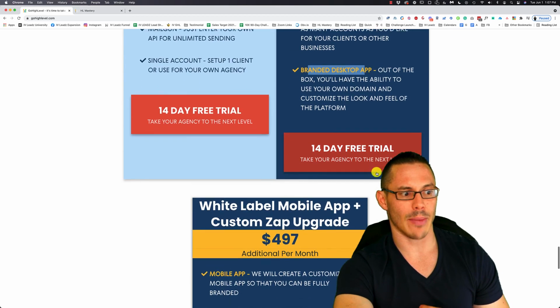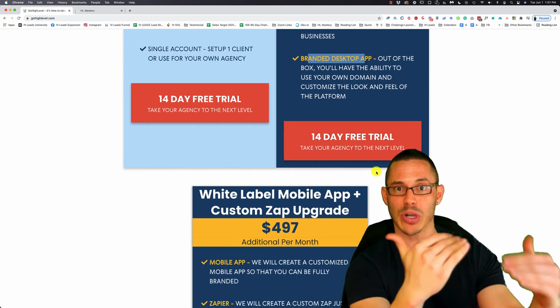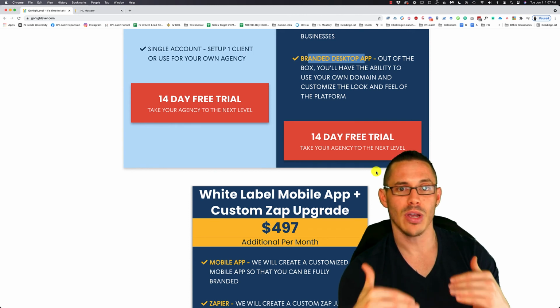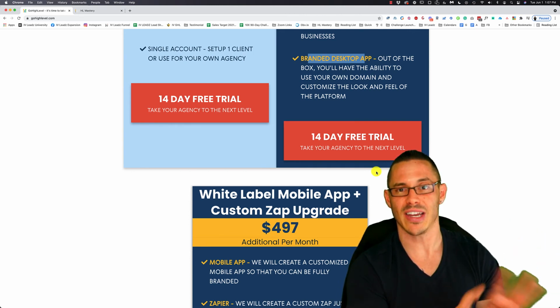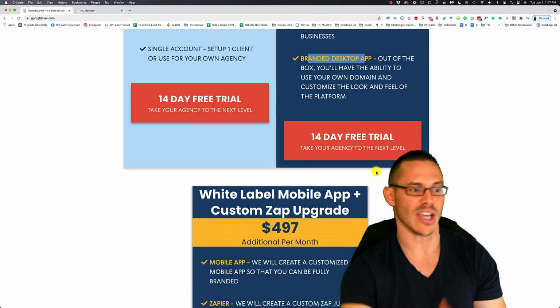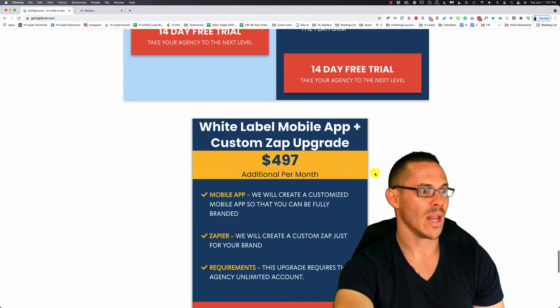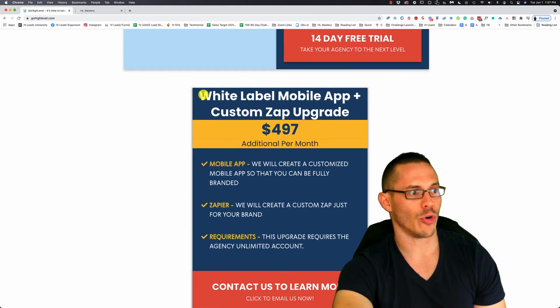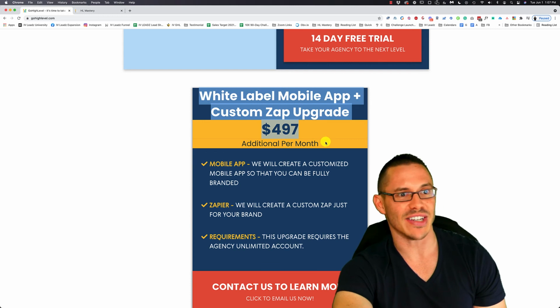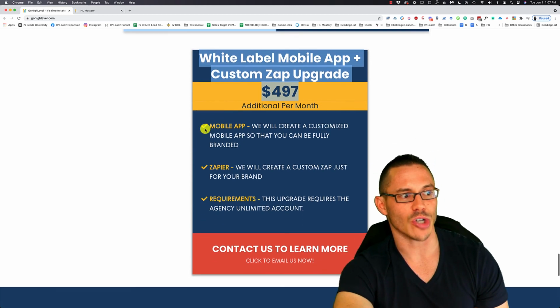So you have the $297, which is pretty much unlimited sub accounts. They do have a desktop app. So you have your regular desktop app. You also have a cell phone app. So that cell phone app can actually be used with any of these programs or any of these products, tiers that you come in on for the pricing. And then if you really want to go full gorilla, you can do $497, and that's also, I believe, going to get you